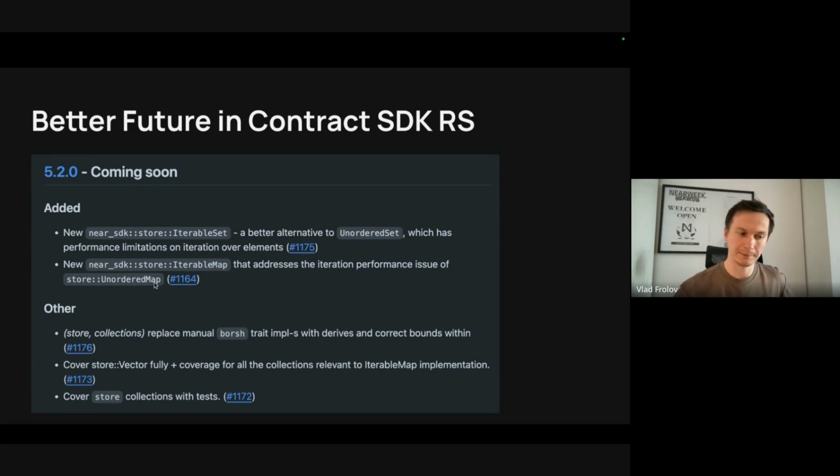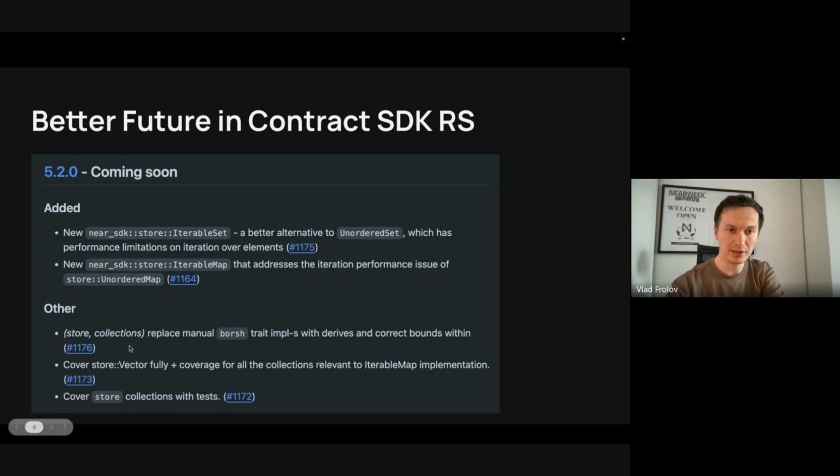You couldn't iterate efficiently through a huge collection. You could still get and set values, but the iteration was basically broken in a way. Now with this new collection, which is not storage compatible with UnorderedSet, if you want to migrate, you will need to implement your own migration. But other than that, IterableSet should be a full replacement for UnorderedSet, and same for the maps.